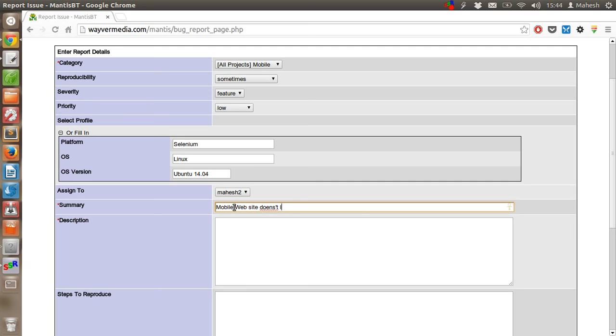doesn't load properly on tablet 500 by 400 resolution, mobile website breaks on tablet interface. Steps to reproduce: open the